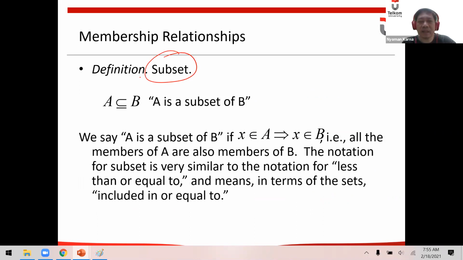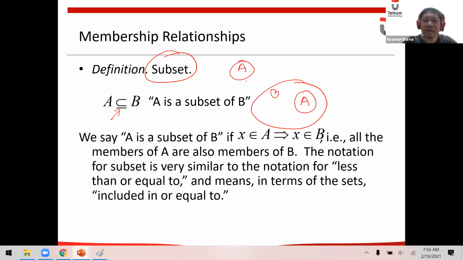We call A a subset of B when all members of A are within B. So this is A and this is B. And remember, we have the equal sign in here. So that's why if this is A and this is also B, we can also say that A is a subset of B. So it could be A within B or A is equal to B. That is subset.